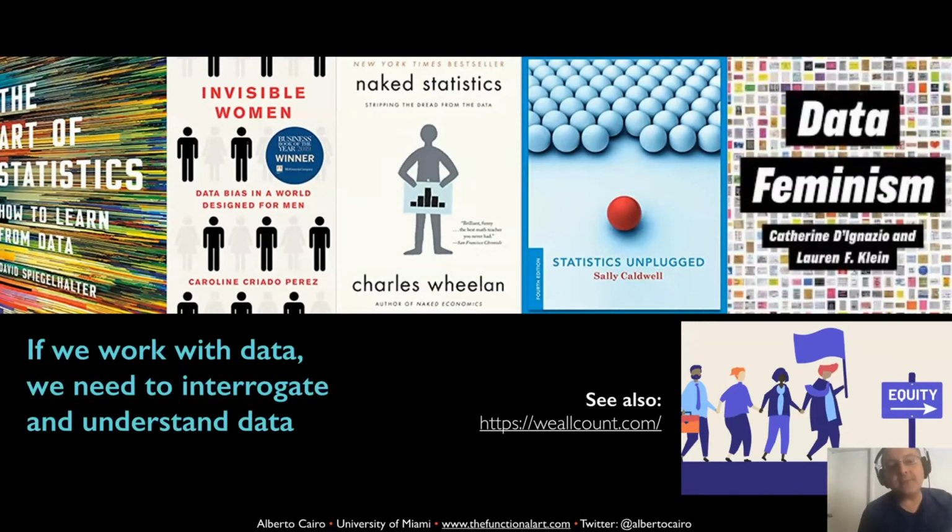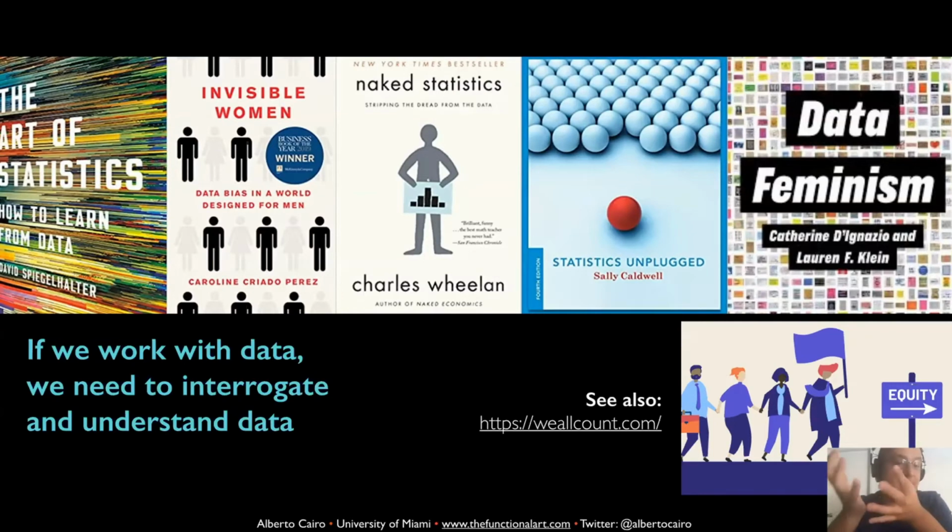Although you could read a little bit about inclusion in data visualization. Who is being counted and who is not being counted? Unfortunately, the literature about this is increasing very rapidly. In the past couple of years, we had Invisible Women by Caroline Criado Perez, which is great. This same year, we have Data Feminism by Catherine D'Ignazio and Lauren Klein, which I strongly recommend. And also an initiative put together by statistician Heather Krause called We All Count. And all these things deal with inclusion and inequities and inequalities in data. And I would really recommend that you read them.